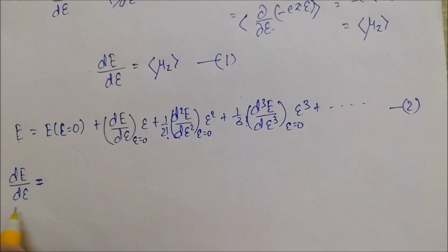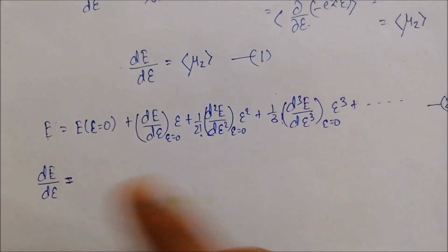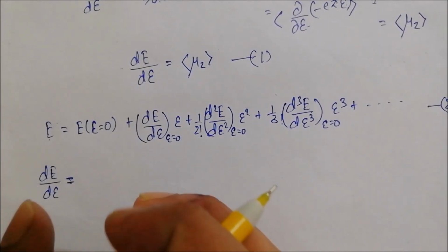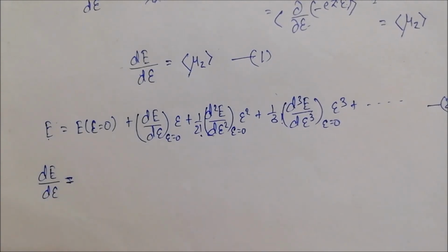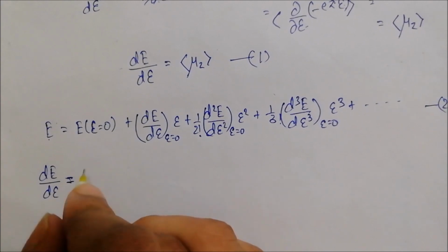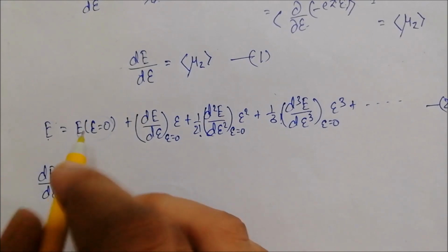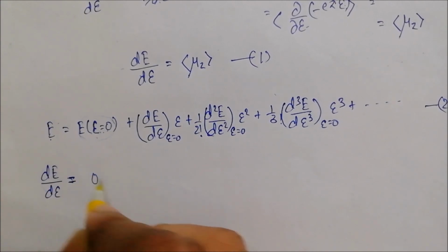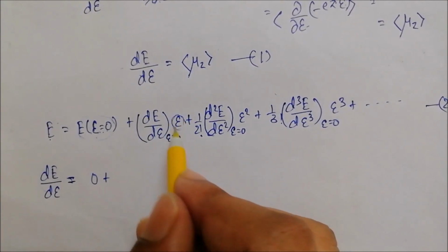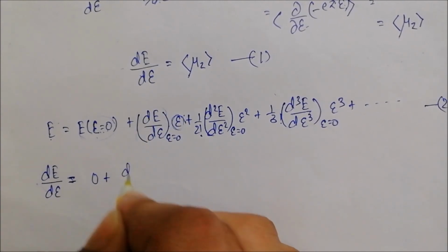So what I mean by static electric field is that the electric field doesn't have any time dependence till now. Okay, so we are just trying to get an expression when this electric field is varied. So now this derivative, this is a constant when the electric field is equal to 0, so the derivative of this one is going to give me 0. Here only the first power occurs for E, and the derivative will just be this term,